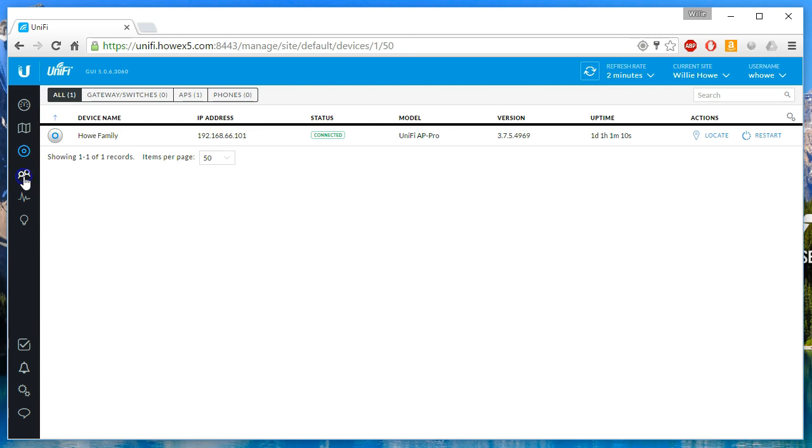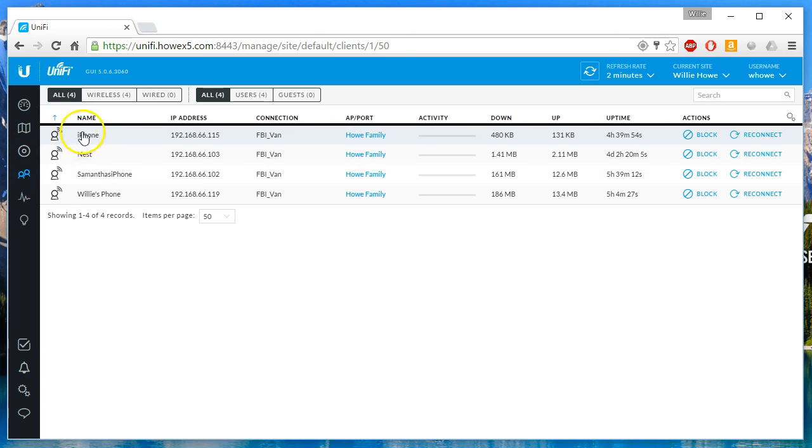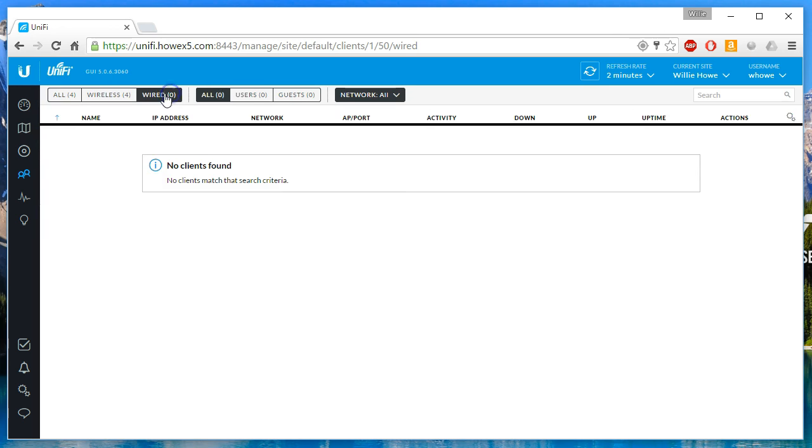Our next icon down is the clients. So if we look at this, we can see the name of the device, the IP address, where it's connected, which access point or port, the activity, the down, the up, data transfer, and the uptime. And you can block or reconnect devices right from here. Now you're only seeing wireless guests at this point, but once the switch and the USG are up and going, we would see wired guests,